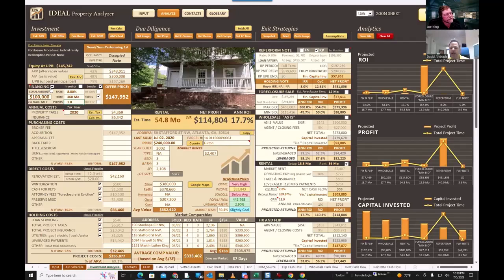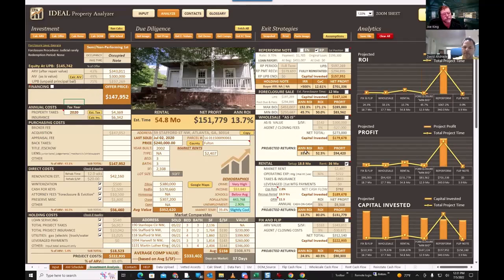Hey, Joe, real quick, another question. Linda asked, for the purpose of velocity of money, would it be better not to rent the property? Yes, so if we're looking at all of these different exit strategies, that's what we're comparing right now. So we just looked at wholesale. If we take off the finance tool over here, the wholesale was going to yield us 31.1% for our annual return. We're looking at a rental right now that's going to yield us 13.7%, but it's going to do that year on year for,